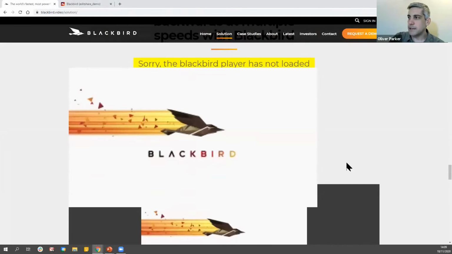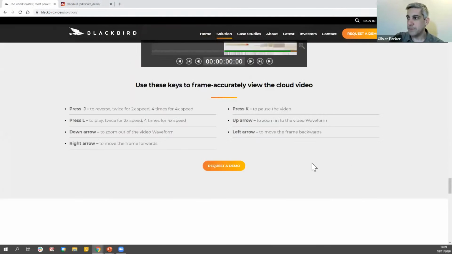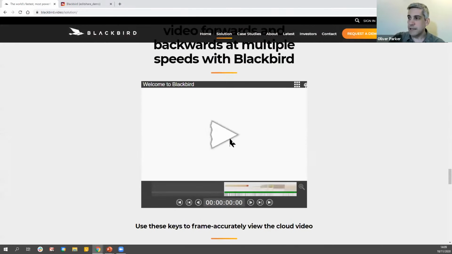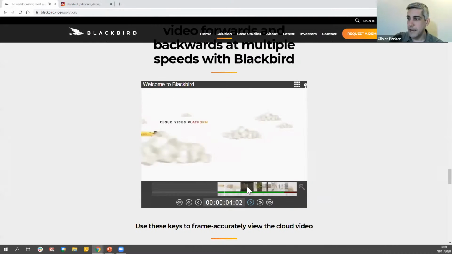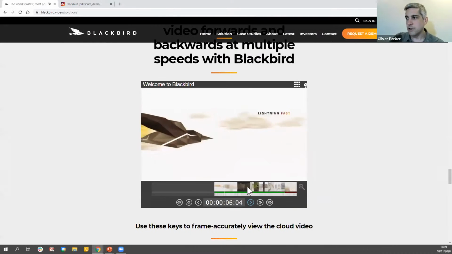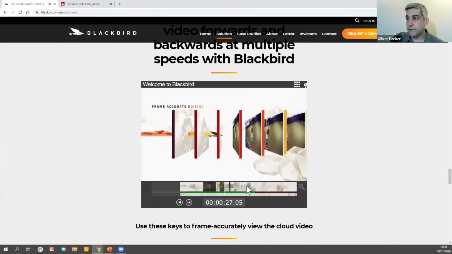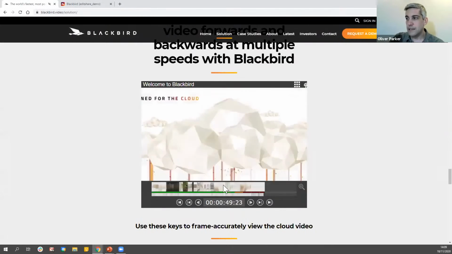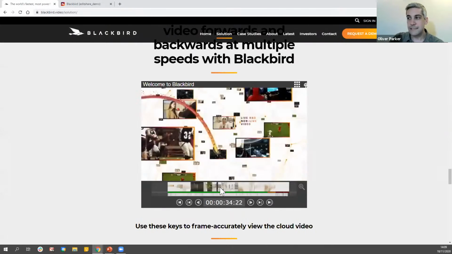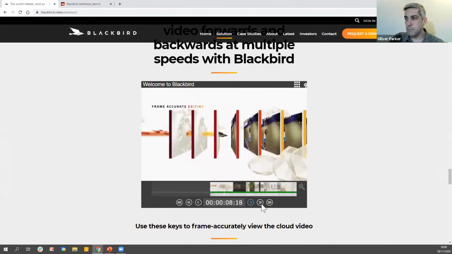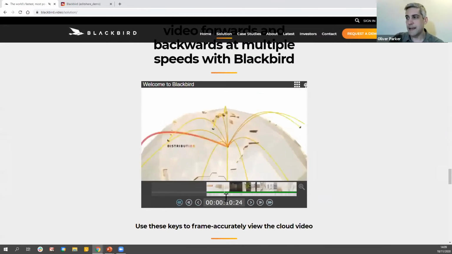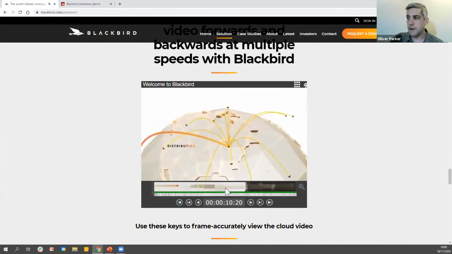There's an example here of a piece of content using the Blackbird technology. Now I can play this media as you would expect, but you'll notice I can also visualize what's coming ahead of me. I can see my shot changes, the content that's coming, and I can start to move through it in a completely non-linear fashion. There's no buffering or latency, no download times, or anything like that. This includes multiple speed playbacks, reverse playback, stepping through frame by frame, including audio feedback on a frame basis.